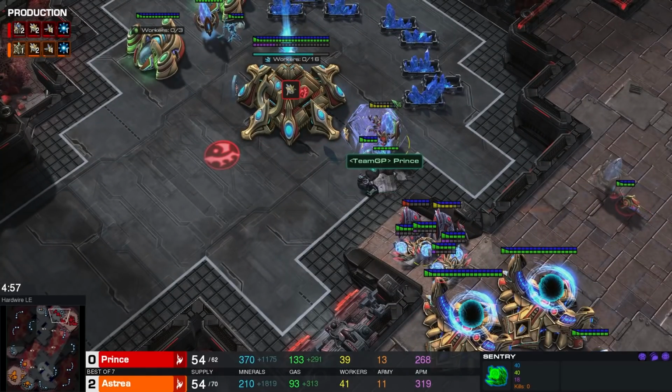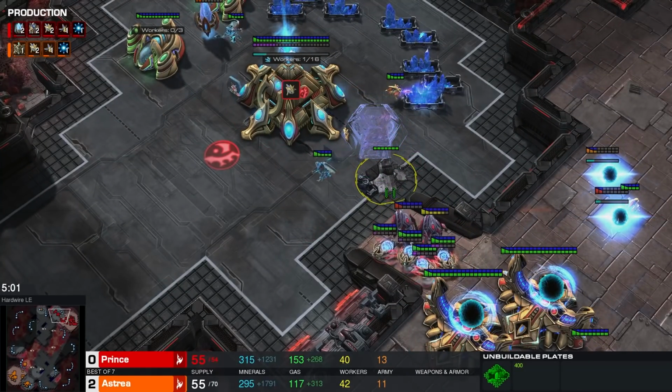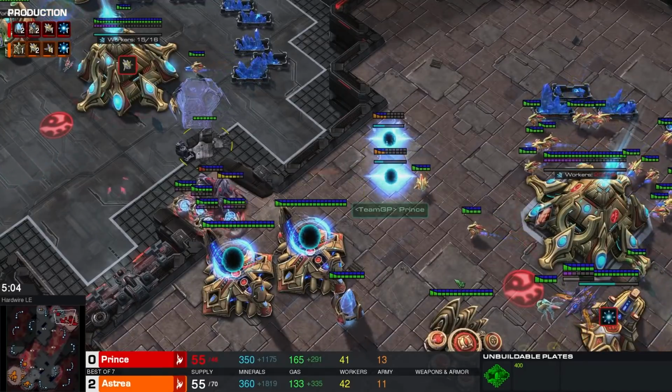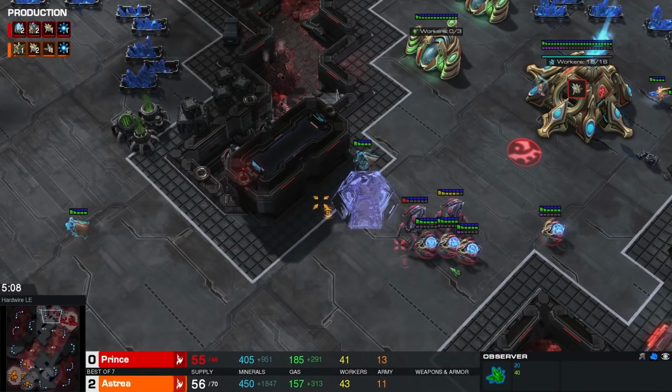Dish, dish. Pylon still getting blasted. You have 1 more force field with your body. You can use it to save the pylon if you want to. You can also use it later to try and trap. 2 more pylons are on the way. Observer is now out. And...